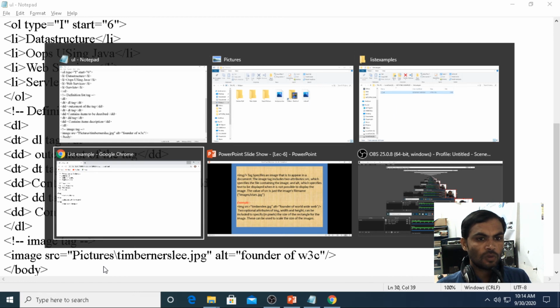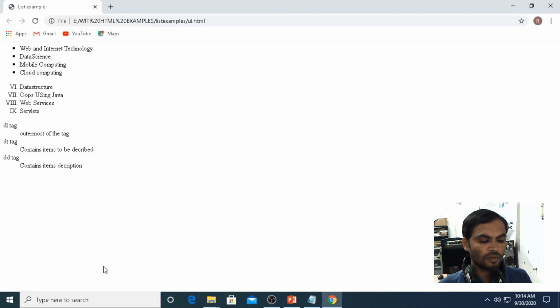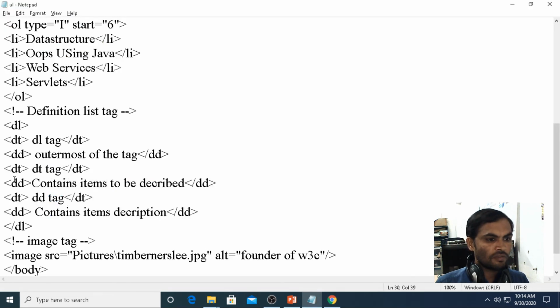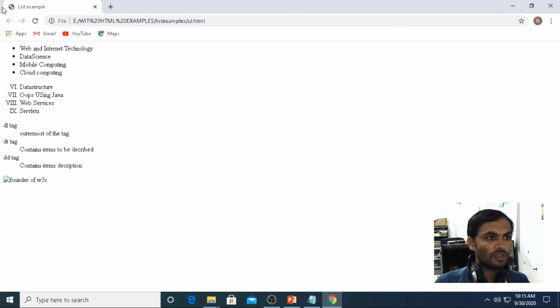When you run the program, we get the alt text, founder of W3C. Actually, we are not getting the image because of the location.